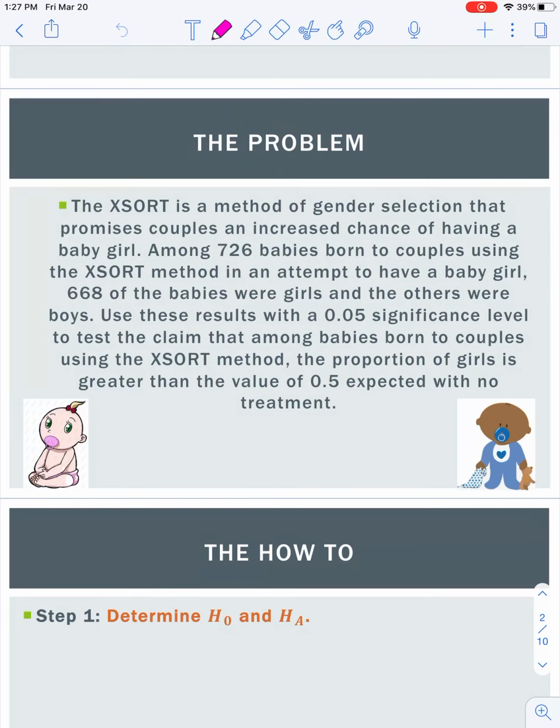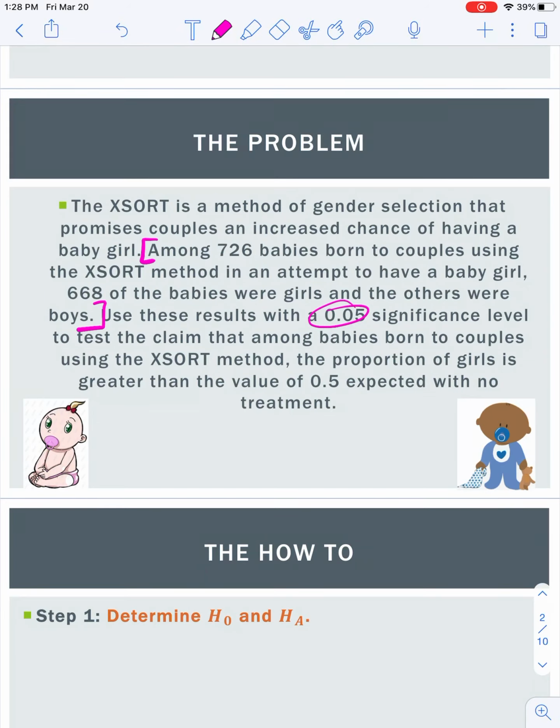Okay, so the XSort method is a method of gender selection that promises couples an increased chance of having a baby girl. Among 726 babies born to couples using the XSort method in an attempt to have a baby girl, 668 of the babies were girls and the others were boys. That's our evidence. Use these results with a 0.05 significance level to test the claim that among babies